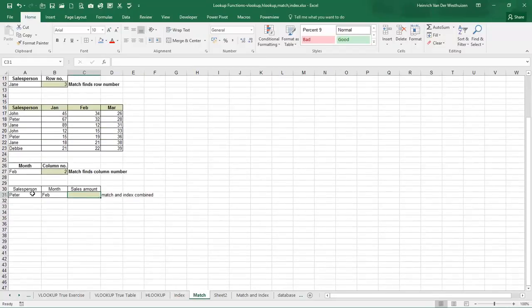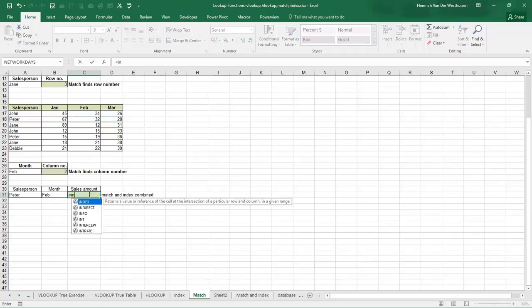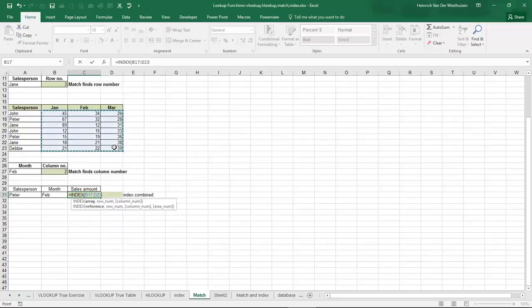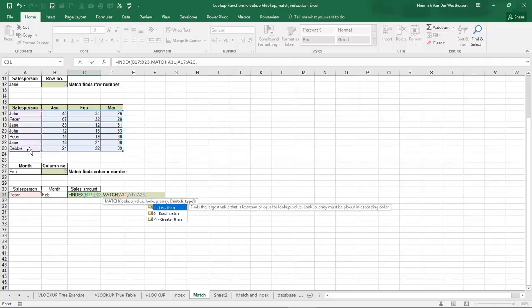Let's try another one over here. In this case, I want Peter's February sales. So that would be 32 in this case. So equals index. What array are we indexing? I just want to return all the values, comma, my row number is going to be the match function. My lookup value for rows is going to be my salesperson. Remember, a lookup value is normally a single cell. My lookup array, when it says array, it's normally more than one cell. So I'm going to select all my salespeople there, find an exact match,